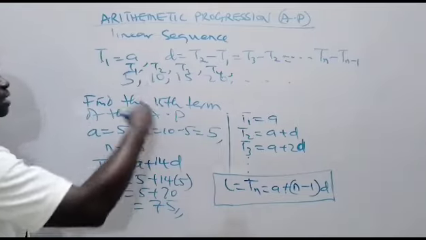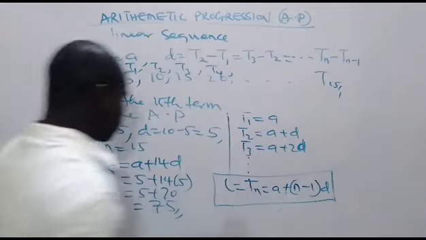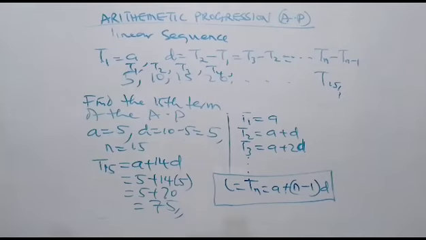So if you continue this sequence, you keep adding 5, 5, 5. By the time we get to T15, the 15th term, we are going to get 75 there. And that is the beauty of this